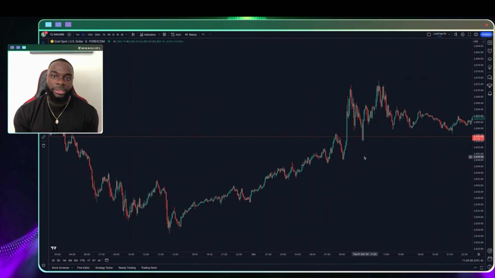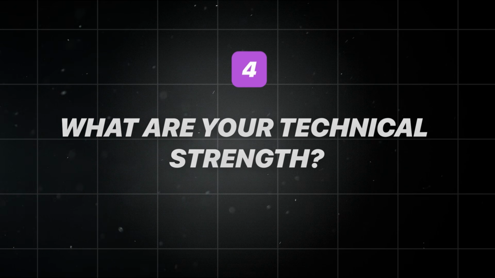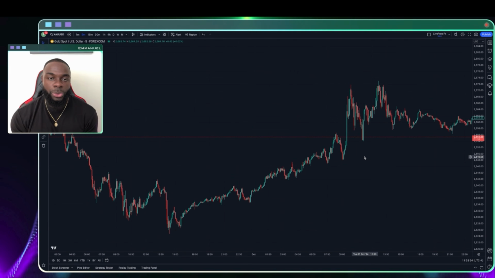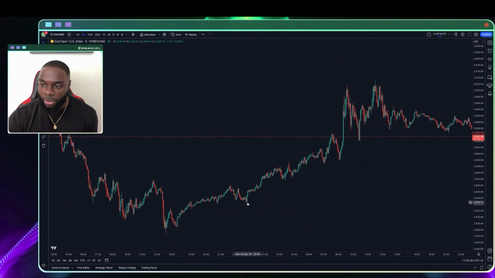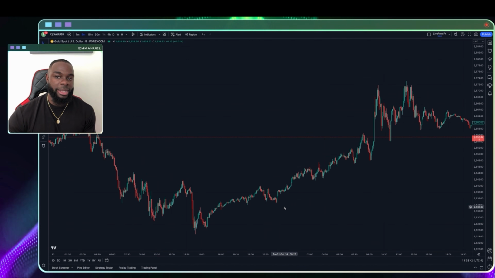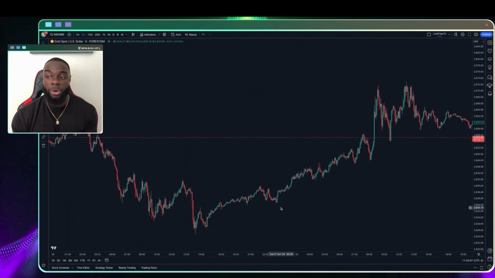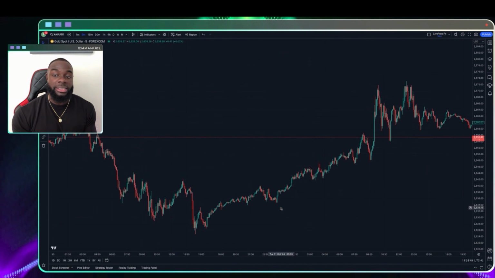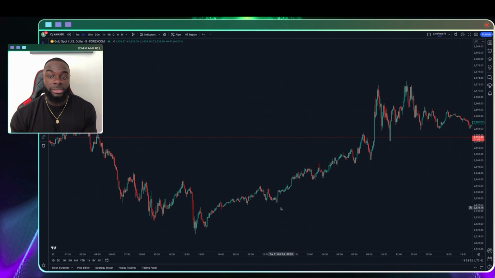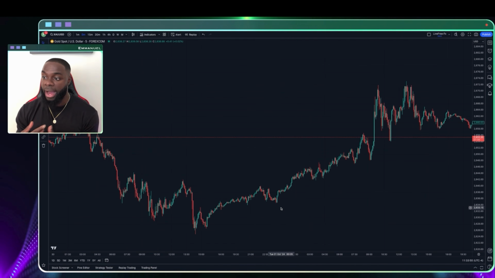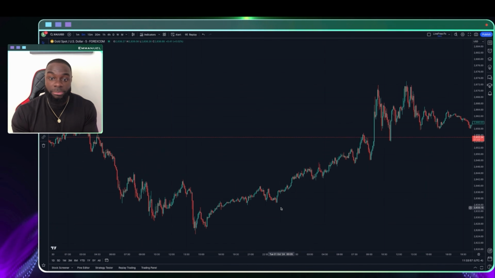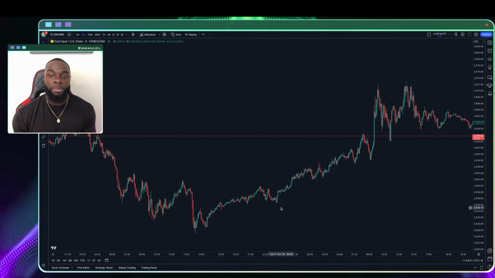The last thing when it comes to picking the right currency pair to trade is technical factors. Now, ladies and gentlemen, you have to work with your strengths. I am a firm believer that when you come into the market, there are certain things that you're going to be good at, and there are certain things that you're simply just not going to understand. As a new trader coming into the market, even as a seasoned trader, you will understand and be good at certain things. I'm very great at market structure. I'm pretty much good at most of the technical factors because I spent many years honing my skills, but I